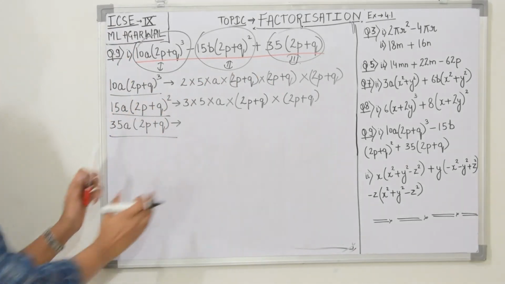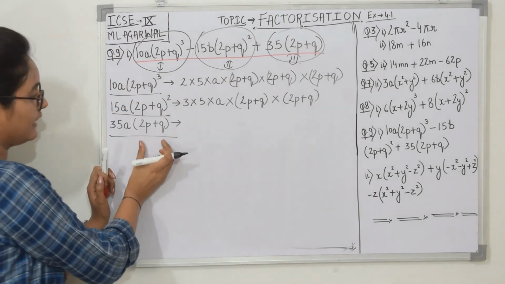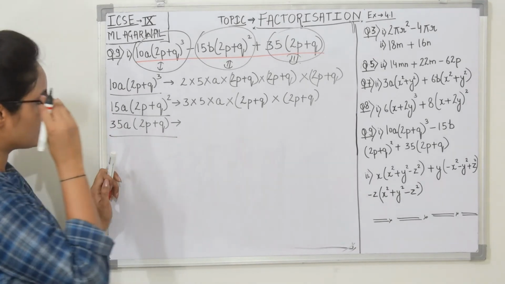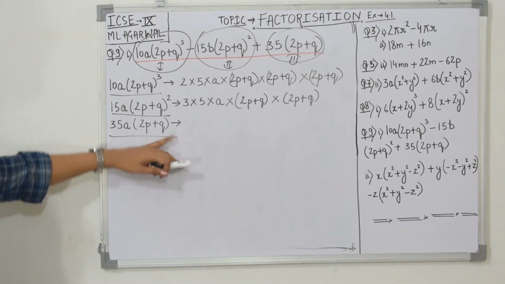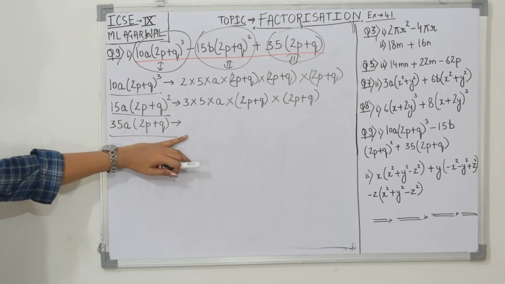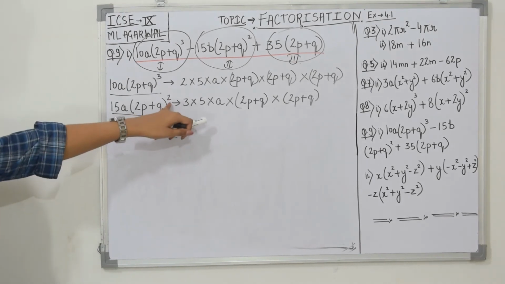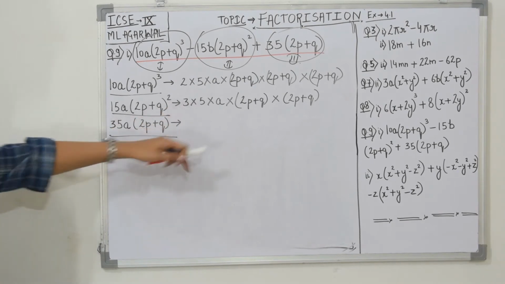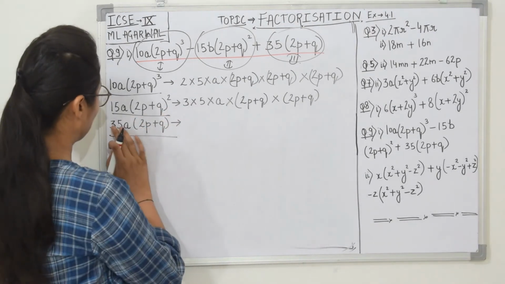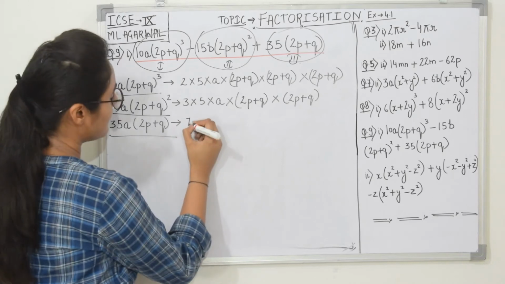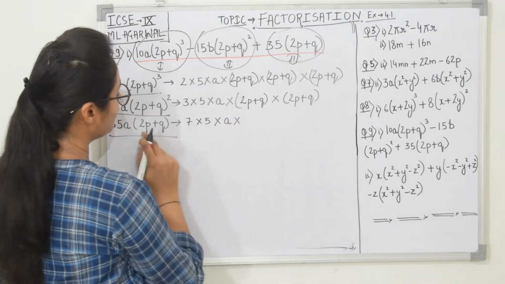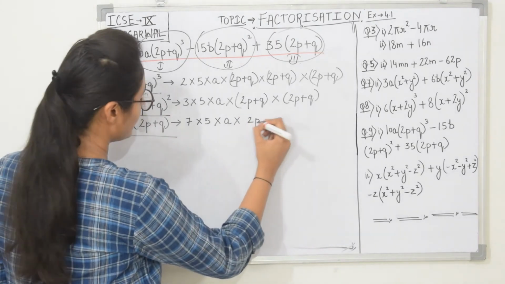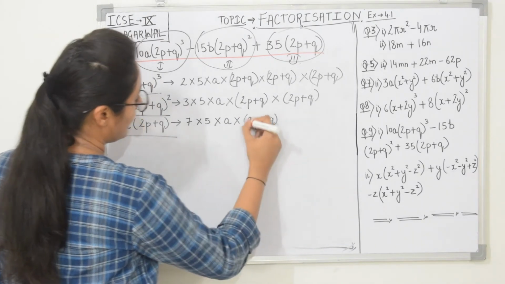Okay. So whenever we are having one kind of polynomial, or you can say any expression as a whole, you just have to factorize. The factorization of that particular term is basically done on the basis of its power. Okay. So this is very simple. I think you must all know. 35 is what? 7 5s are 35 into a into 2p plus q. Only one time we are having. We are going to write it down as it is.